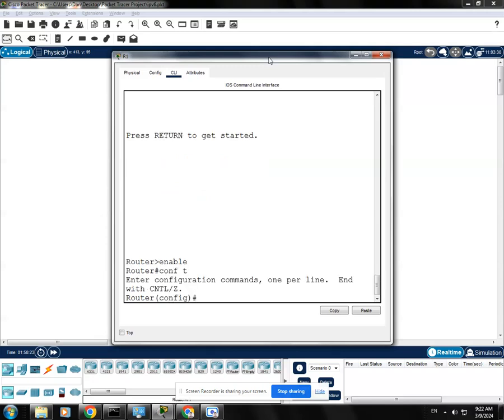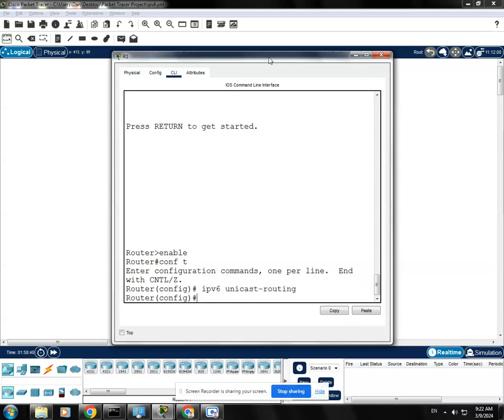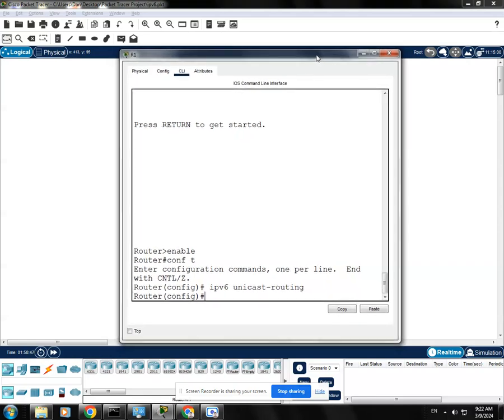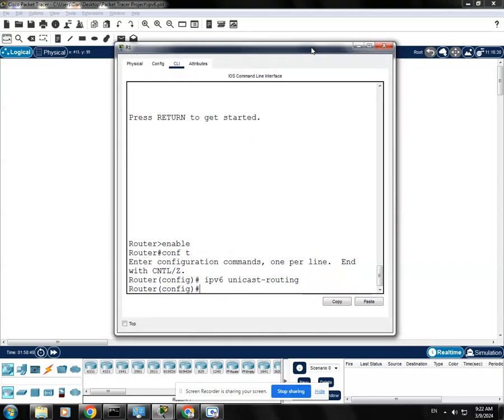global config mode. Okay, and then to enable IP version 6 unicast routing, I need to type this command: ipv6 unicast-routing. Okay, there you go. So now IP version 6 unicast routing is enabled, which means we can now use IP version